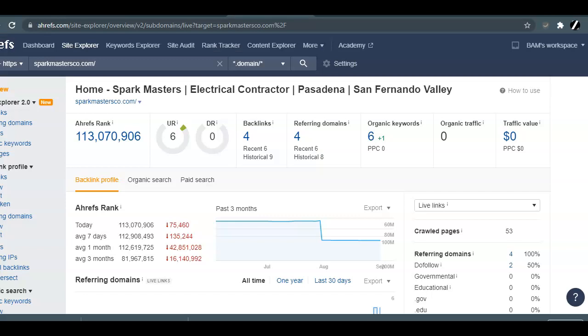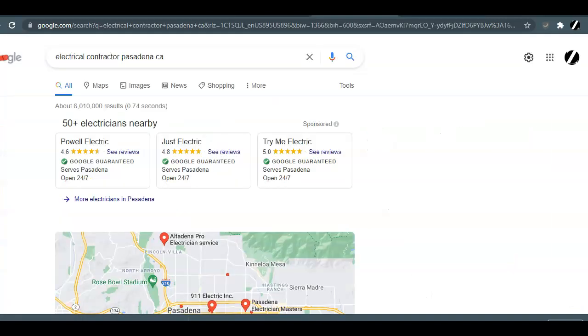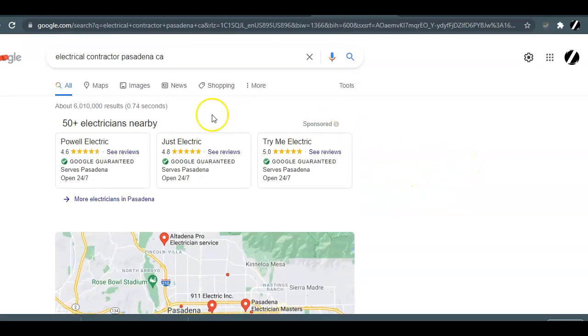Then you're going to want to have more websites linking to you than your competitor. Then you're going to want to have your business's name, address, and phone number in more places and more directories than these guys. So if you follow these tips, this is how you're going to become number one at the top of the search engine results. But I recommend you get started as soon as possible. It does take time to implement all of this, and the sooner you get started, the sooner you will start